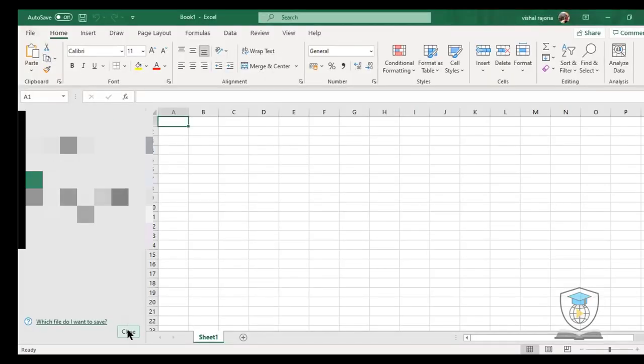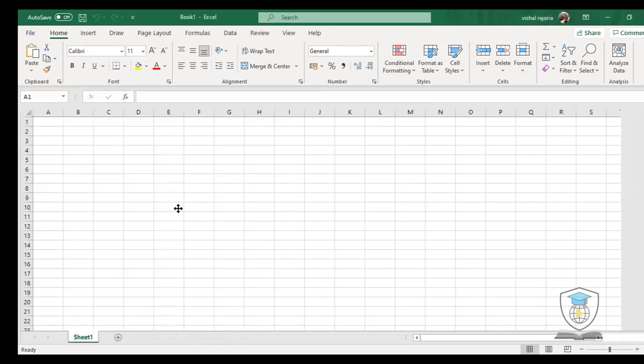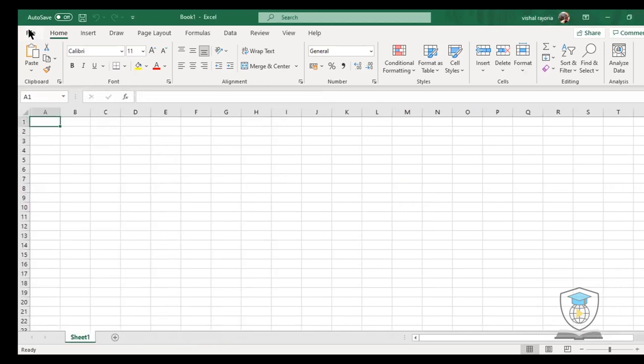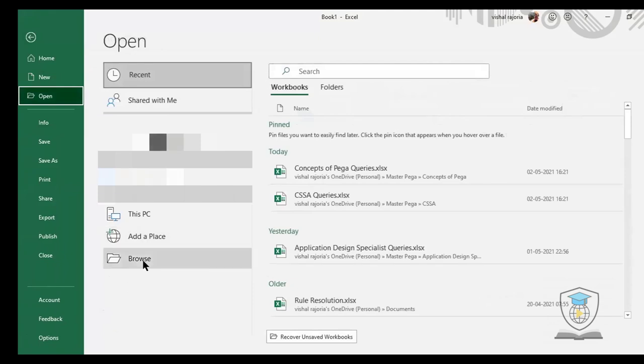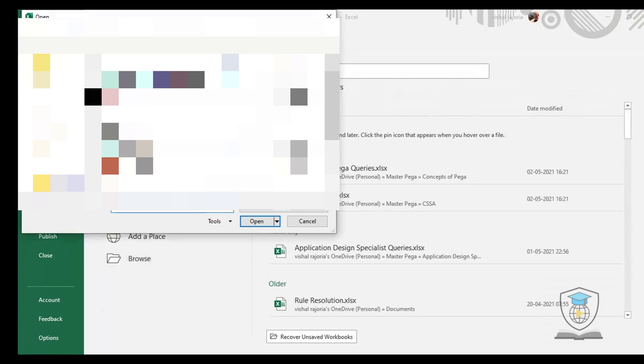You will take that Pega alert log file and go to File, Open. When you open any Pega alert log file, it will give you the option of Delimited as the original data type.